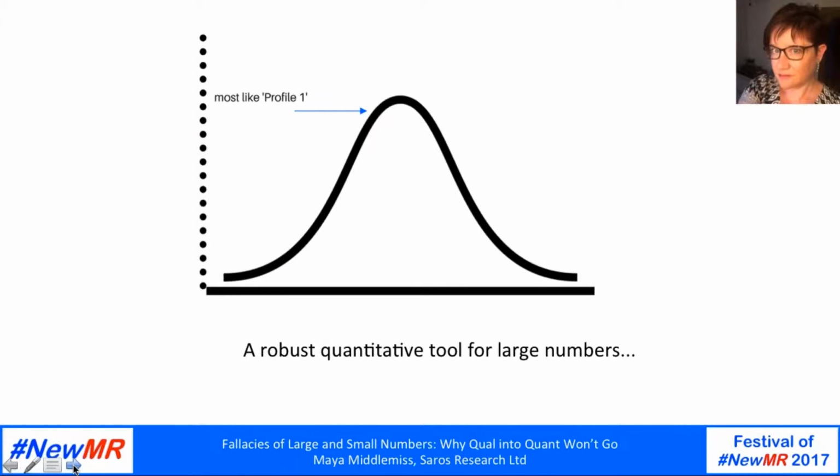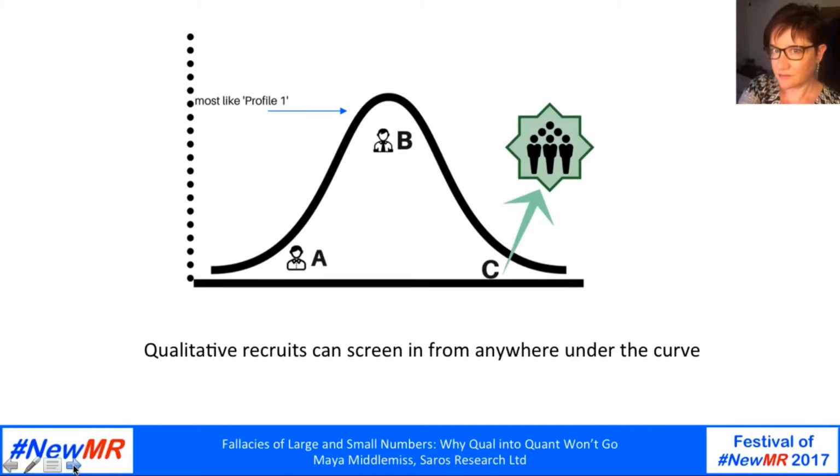Now, this thing we're given might be a highly robust tool for working with large populations. So if you were sampling 10,000 or 100,000 respondents in a survey, you'd expect to find a good representative number of them clustering nicely in the middle of the bell curve like this, with those in the middle here very typically representative of the attitudes or behaviours which combine to define whatever Profile 1 is really all about. We don't need to know what that is, actually, to apply the tool correctly.